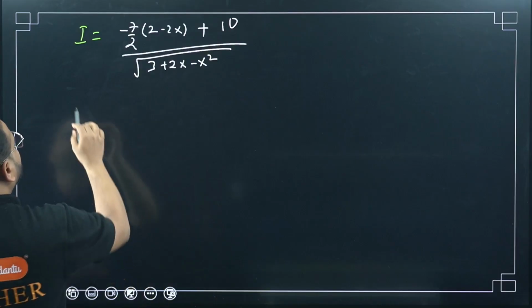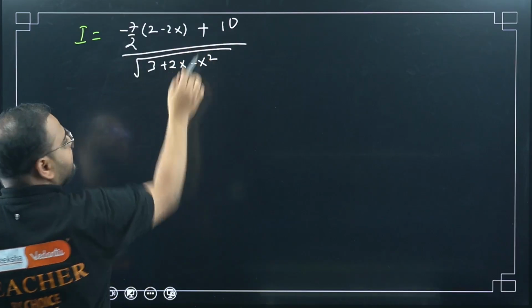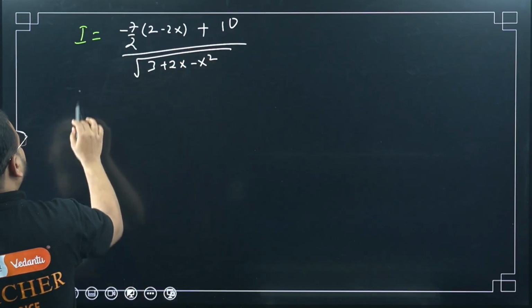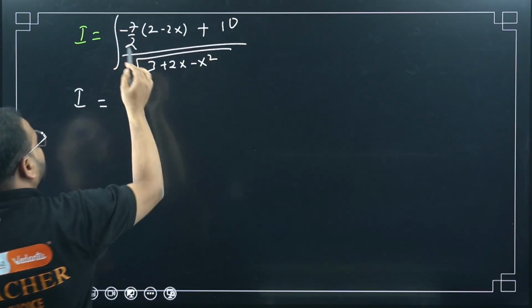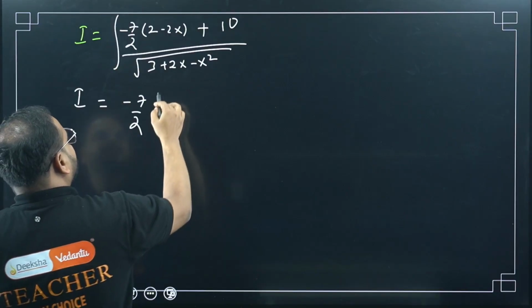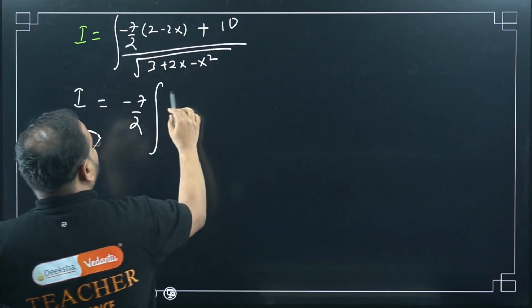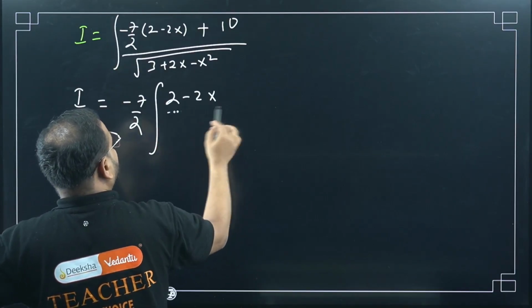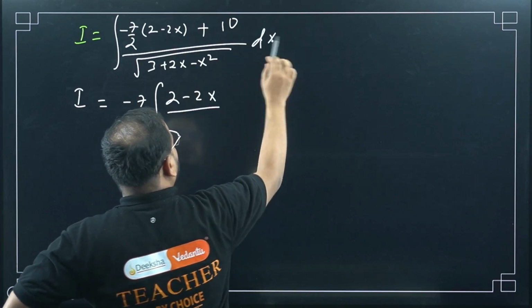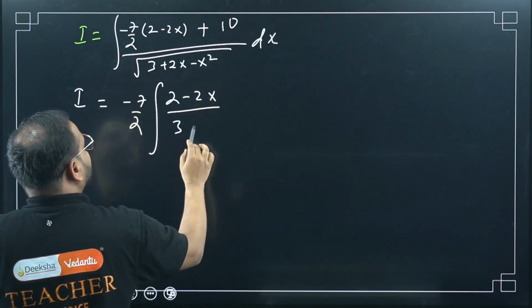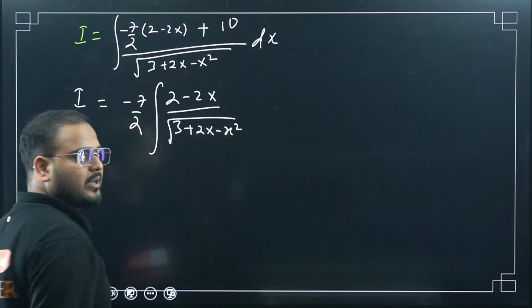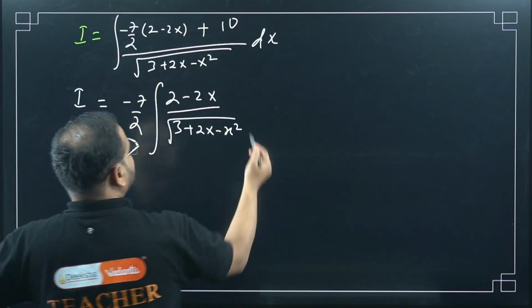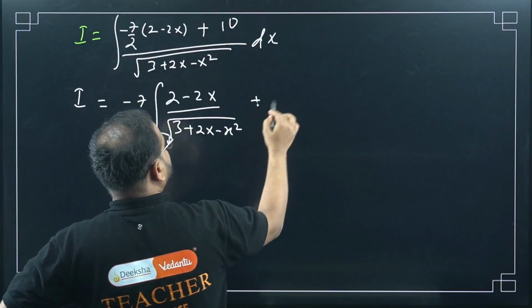What I'm going to do is separate this with the help of the plus sign. I'll write this integrand as minus 7 by 2. This is integration, right? So minus 7 by 2 is a constant. I've taken it out. 2 minus 2x dx was there, sorry, I forgot to write. 3 plus 2x minus x square is here. And what is this? Please have a look. Plus